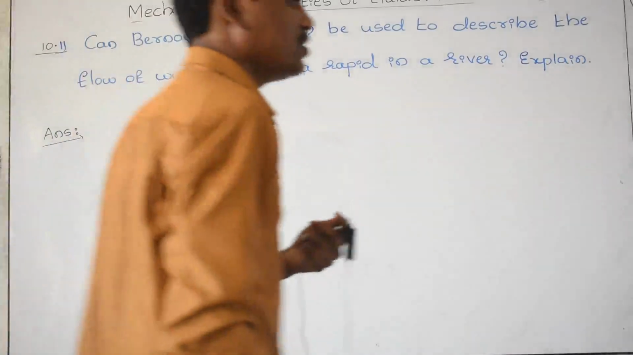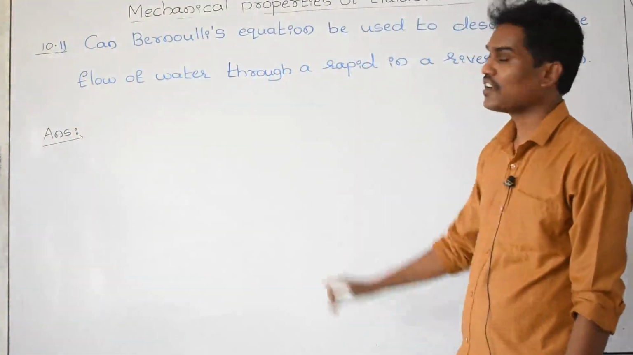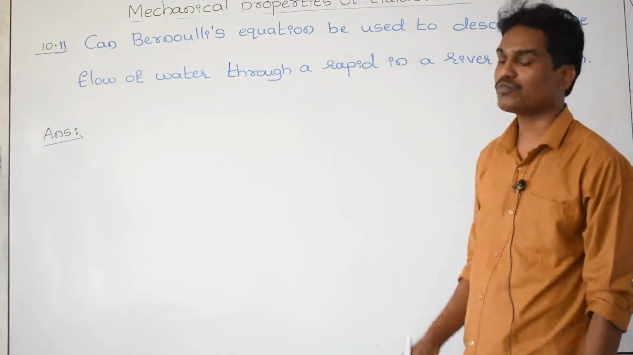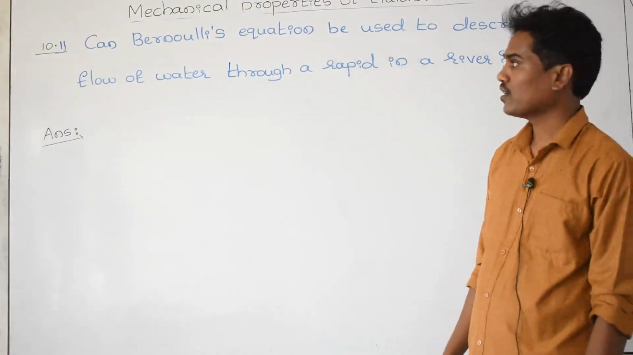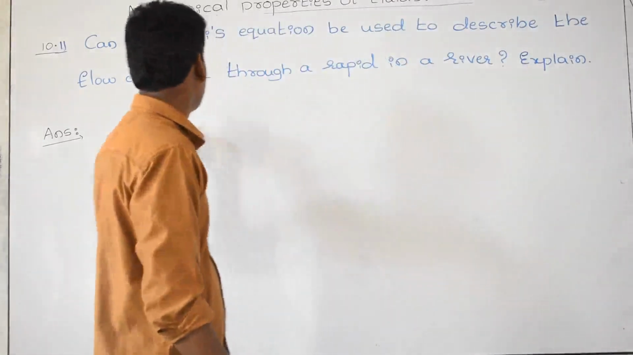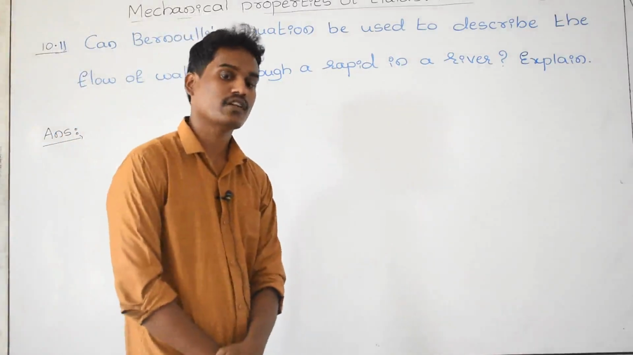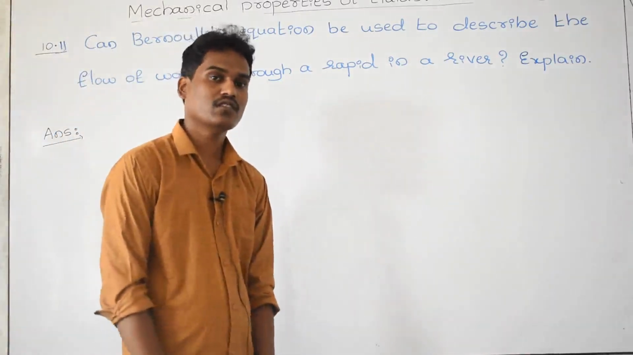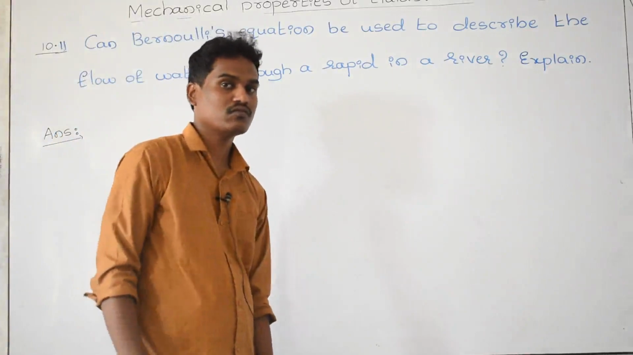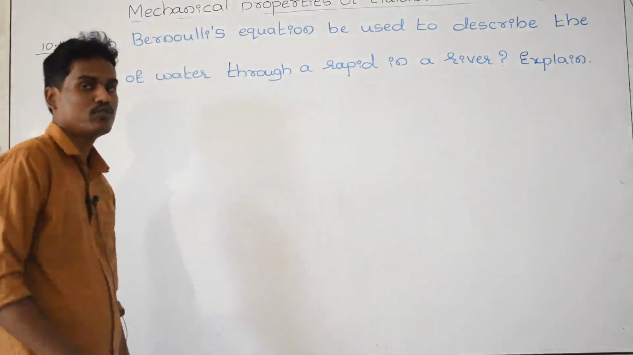And go to next question, that is exercise number 11.10.11, mechanical properties of fluids. Read the question first, what he has given. Can Bernoulli equation be used to describe the flow of water through a rapid in a river, and explain. The question is a theoretical question and not important, you just need to know